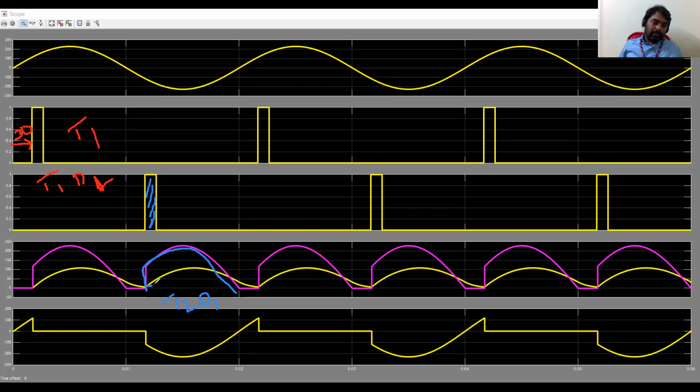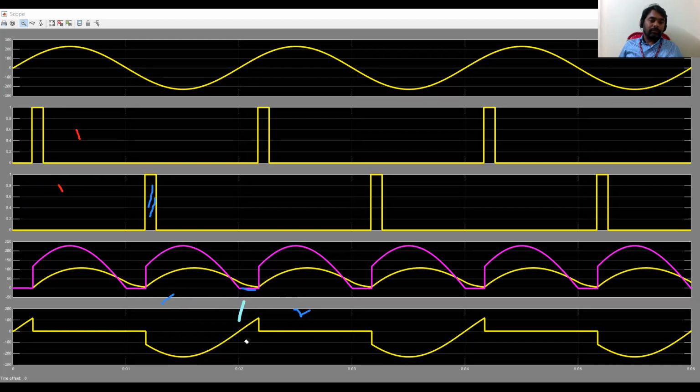And you can see the current is lagging the voltage by some angle, charging. Thereafter it is discharging. Here it is completely discharging. So during this interval, if you observe, the output voltage is 0 because the load is short circuited by thyristor T2 and diode D2. So during this interval, T2, D2 are short circuited across the load, you will get 0 voltage. And there is a current which is the discharging current of the inductor. So that is why during this interval, we are getting reverse voltage across thyristor T1, because that will be in reverse bias condition. So this is about RL load at alpha equal 30 degrees.